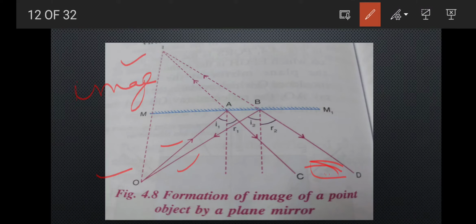Okay, so like this you can draw, and as it is done here: O is written, M is written, M1 is written, A and B are written here, C is written here, and here capital I is written. Capital I means image. So you have to draw all of it, and the most important thing is to be careful about this arrow also. Clear? You have to mention the arrow also. Okay, now